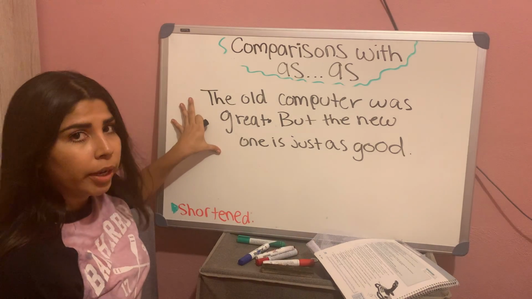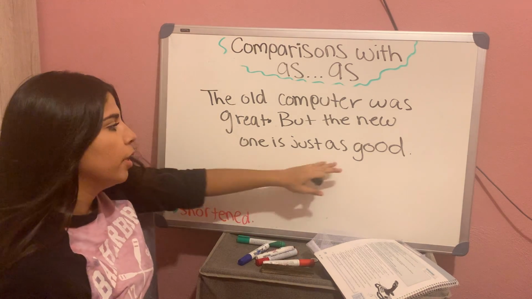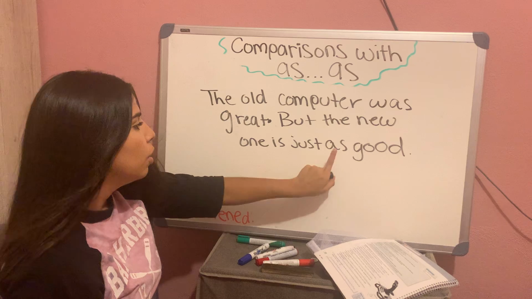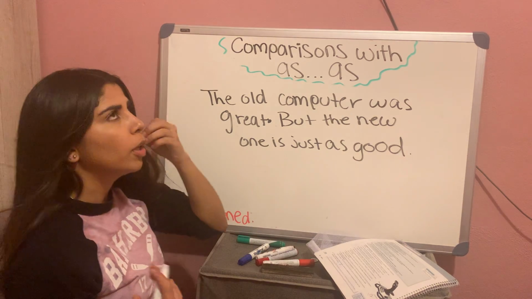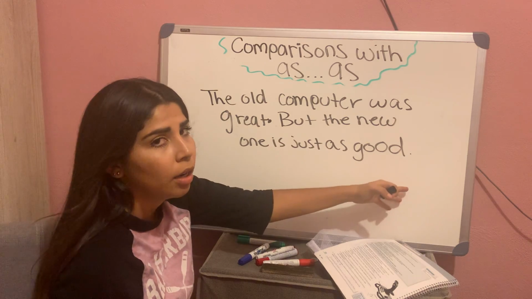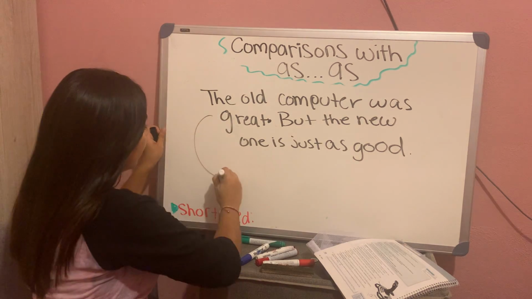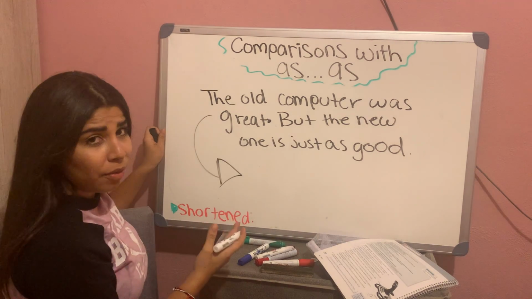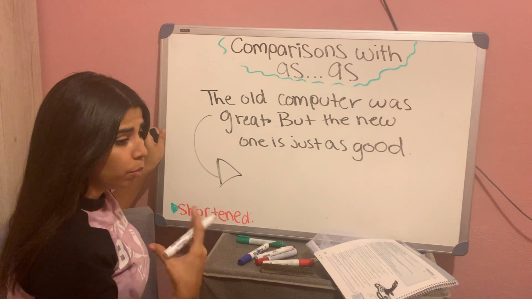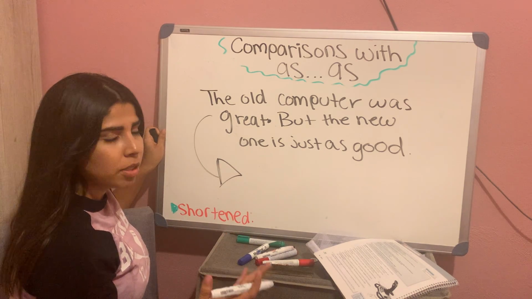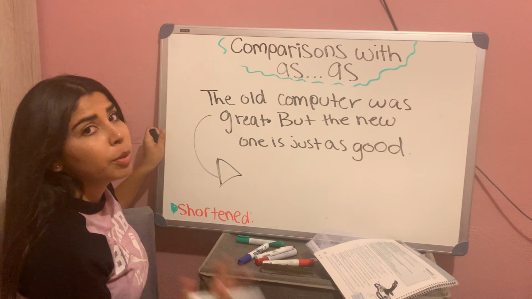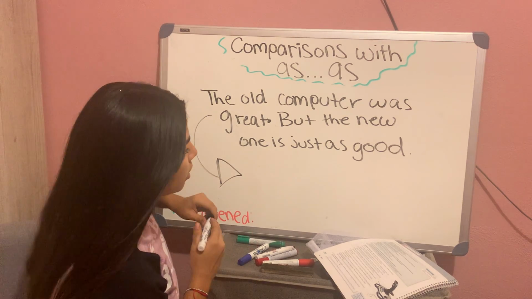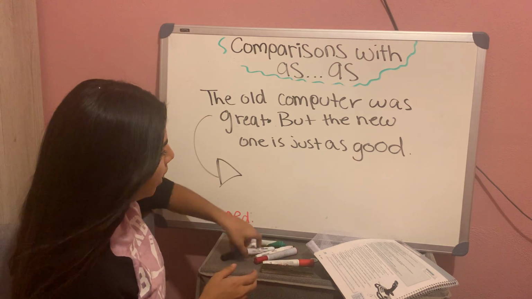So this is the long way. Esta es una manera larga de decirlo. Y al final no utilizamos double as y no ponemos el objeto con el que lo estamos comparando al final. Okay, so instead of writing this is when you have a conversation once again, okay? When someone knows what you're talking about. Because if they don't know what you're talking about, then you have to mention the objects, the places, or the people that you're comparing. Okay, so I can say,